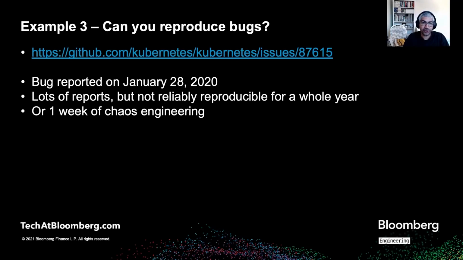So anytime we try to do an upgrade, we don't just release it to production and upgrade and say, okay, we hope everything is going to be okay and nothing's going to break. That would be the ostrich approach. What we do instead is we set up a test cluster. We run a whole bunch of chaos engineering experiments to see if everything's working as expected. And we run it for a couple of weeks and make sure we don't run into any issues. So this was an example of, we upgraded to a version of Kubernetes.